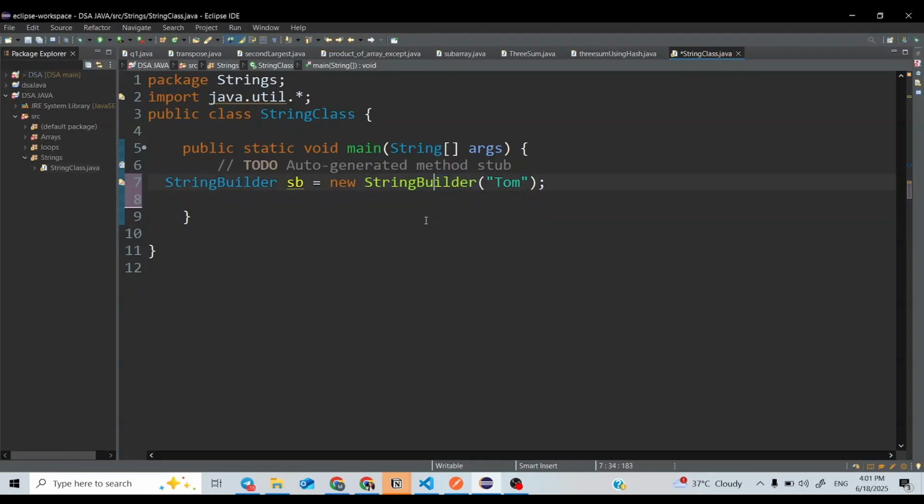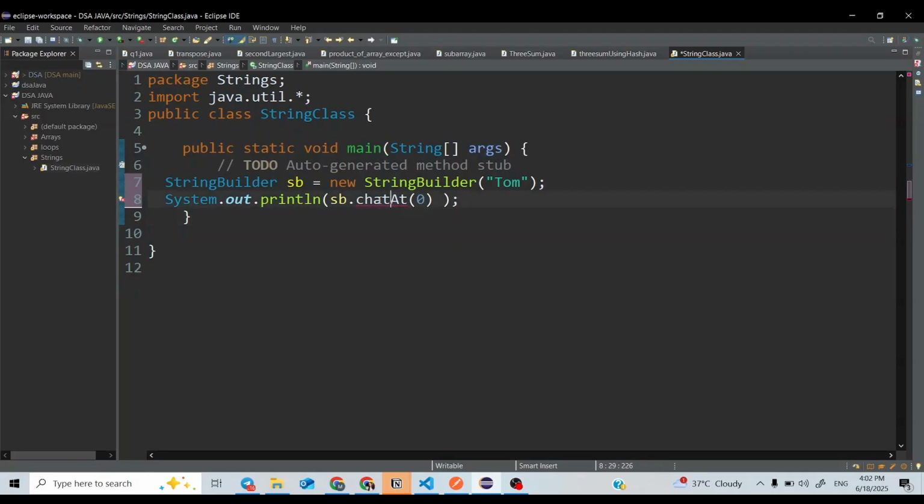Now I will try some methods on StringBuilder. Suppose I want to get the character at the 0th position.